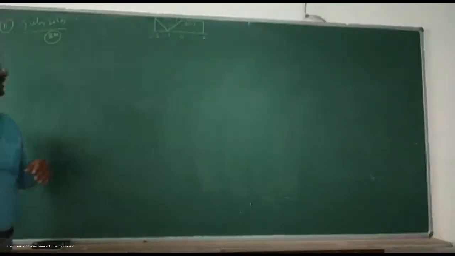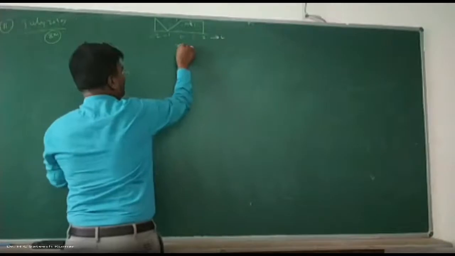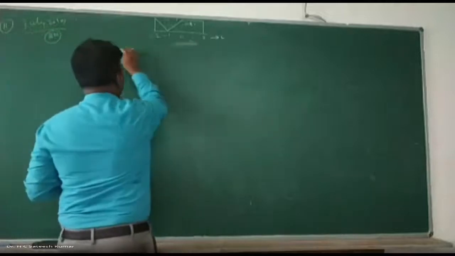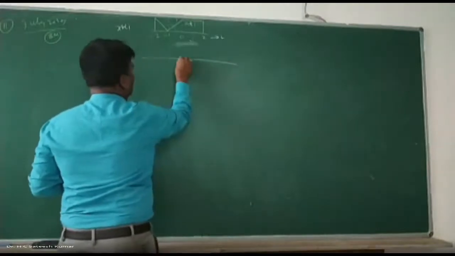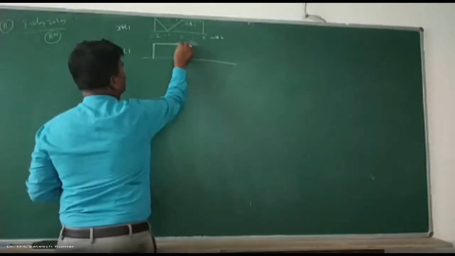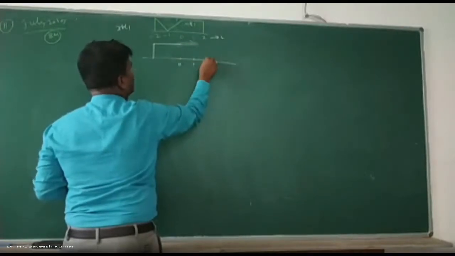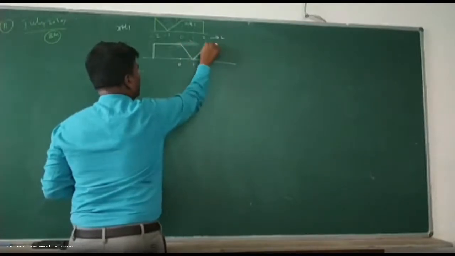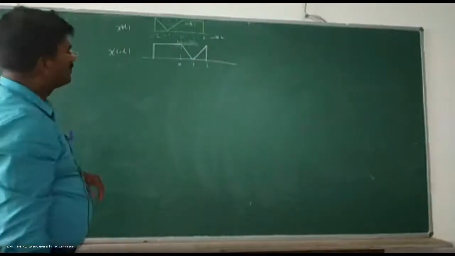x of t, not x of n, sorry. It is a continuous time signal, it is x of t on the time axis. Now x of minus t. I'll write it here. This is x of t because there is a space problem. Okay, right? 0. And this will go to -2. Up to 0 it is the same. And this will come to this side. And this is 1 and this is 2. Amplitude is 1. Now add these two.